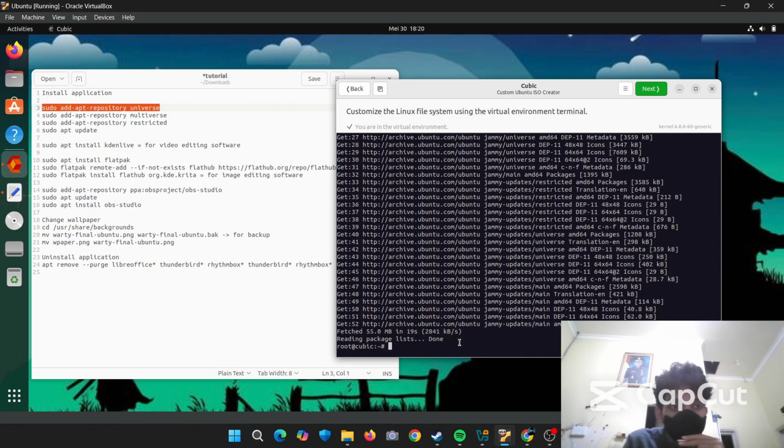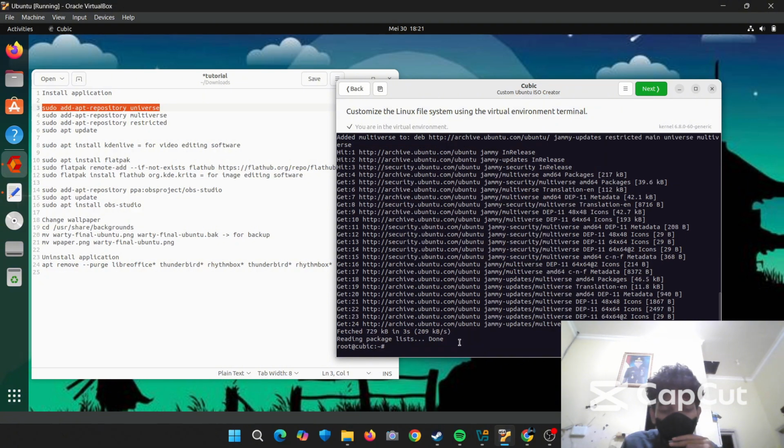After the first repository is added, we need to add the other repository too with this command. After that, we add the last repository.